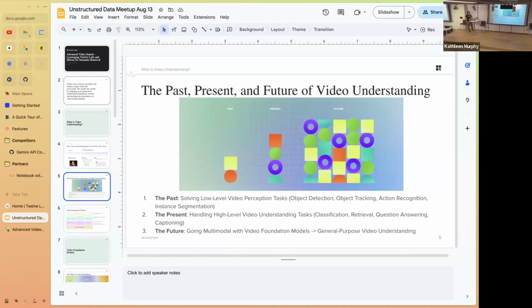By higher level, I mean things like retrieval, classification, and question answering, the types of tasks that require a broader understanding of the video. And I think in the future, everything goes much more into multimodal. We can have a single model that can do general-purpose video understanding.